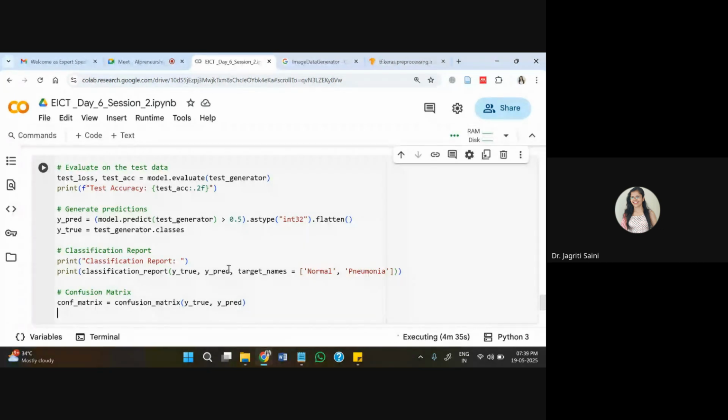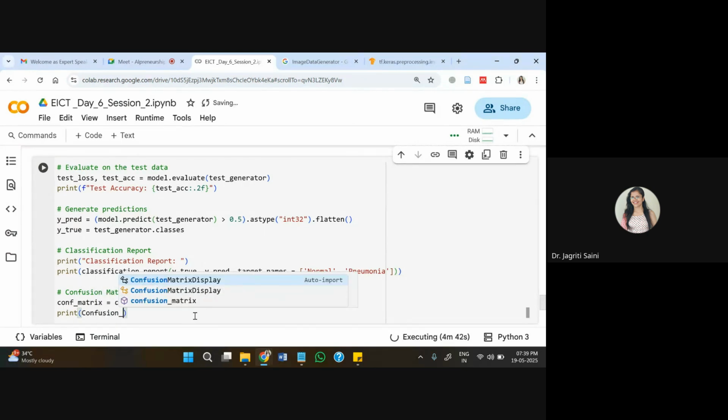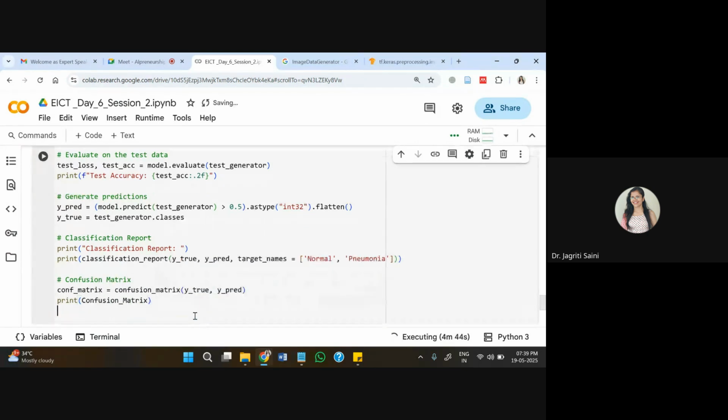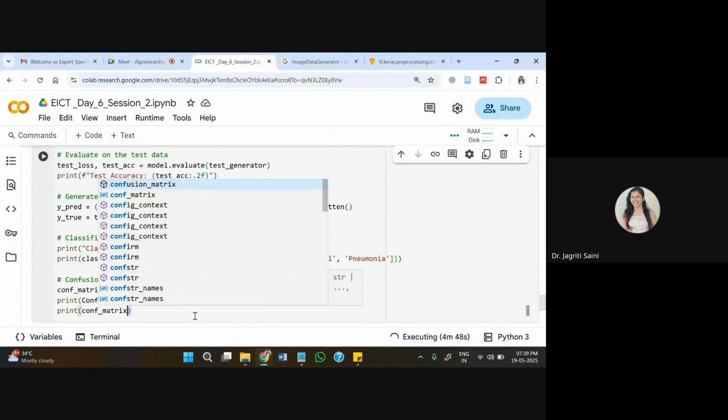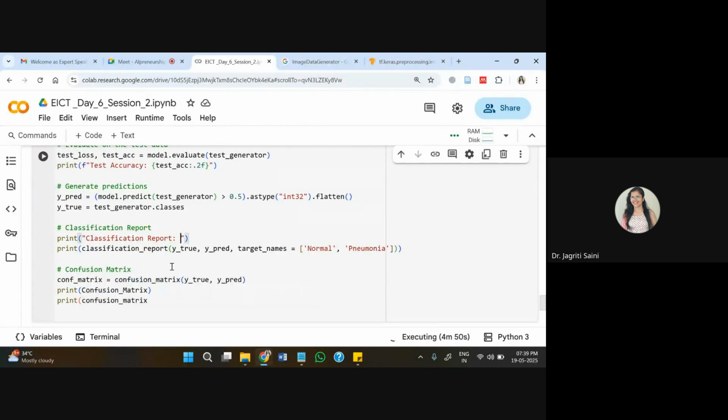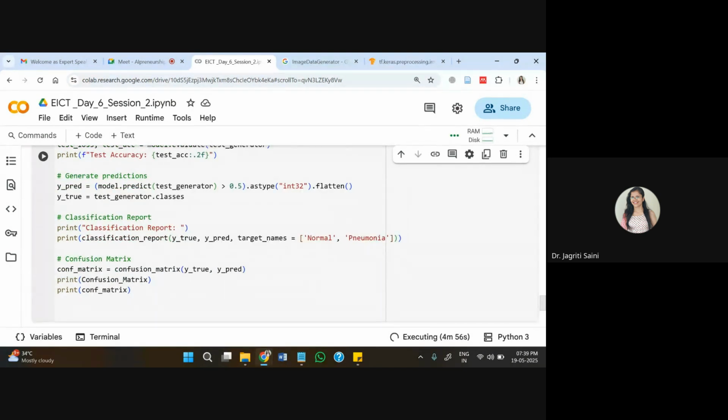So again, the same things I'm passing here, and we will just print this confusion matrix here. So this print sequence also I have passed. This one I may have to keep within inverted commas because this is static text, and then the dynamic one I have passed below this.